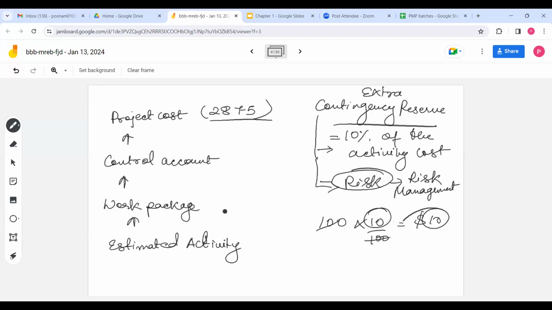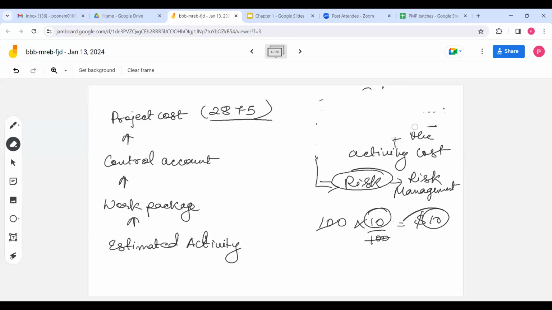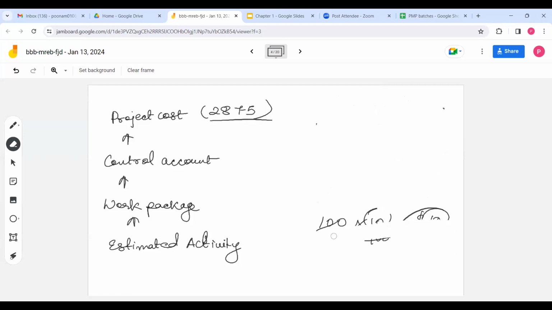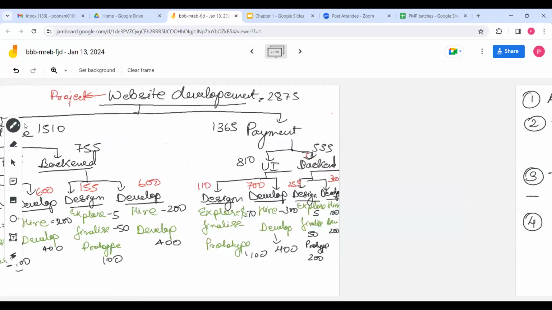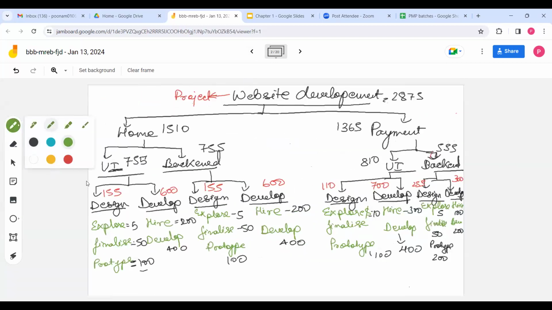Okay. So that's known as risk management. We will do in risk management. Right now here we will take 10% of contingency. Next is, so let's take 10% of contingency. So 10% of contingency if you take,